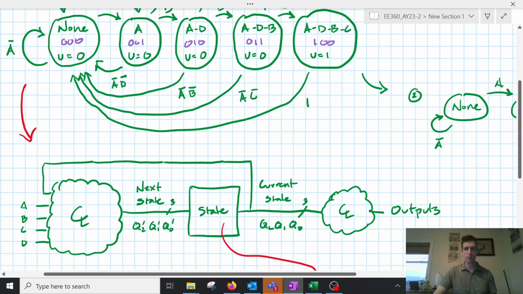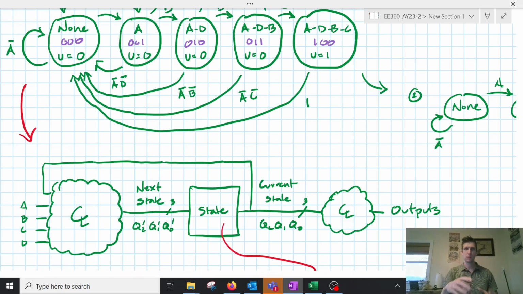And again, we typically use Q to refer to the variable that's the current state, and Q prime to talk about the state that's next in time. So Q prime is my next state. And this is my finite state machine. The only piece that I need to figure out is this piece in the middle of my circuit that tells me my state. The things I know about this part of my circuit so far are that it has to remember the value of this state between inputs,